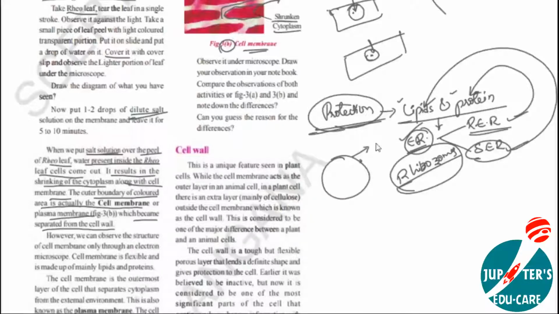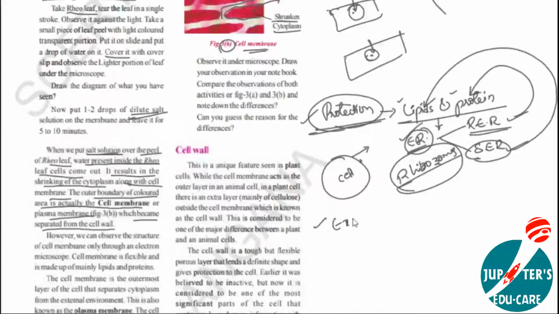These lipids and proteins are used in the manufacturing of the cell membrane, and they provide some flexible nature to the cell membrane. So this flexibility helps the cell membrane to protect the internal parts of the cell. Okay, because of this flexibility, the cell membrane can protect the cell organelles, right? So this is protection. And one more function,